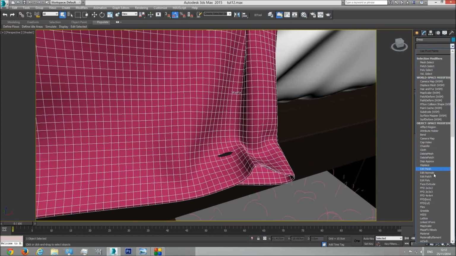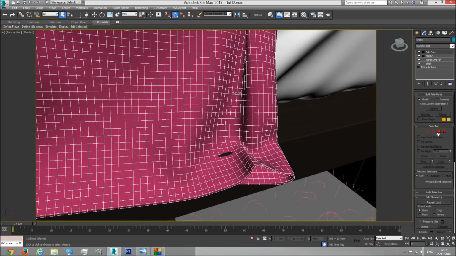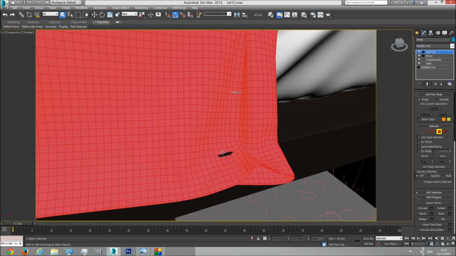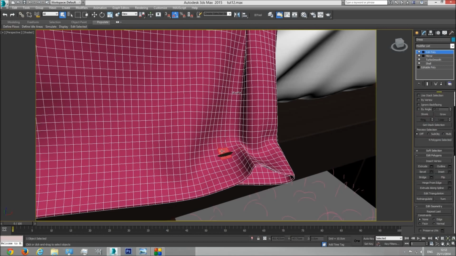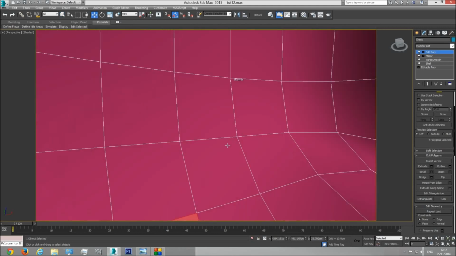I'm going to add editable poly to the stack. I'm going to select these 4 polygons here, holding the control key, and the reason I'm holding the control key is because if I don't press the control key, if I just select, it just selects everyone separately, but I need to select a group, so I'm going to hold the control key and it selects a couple of polygons all together. Now if I just take these polygons up,